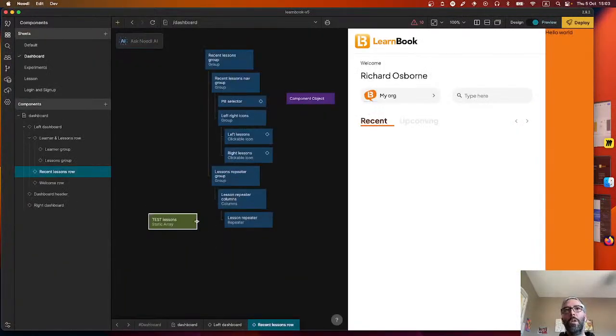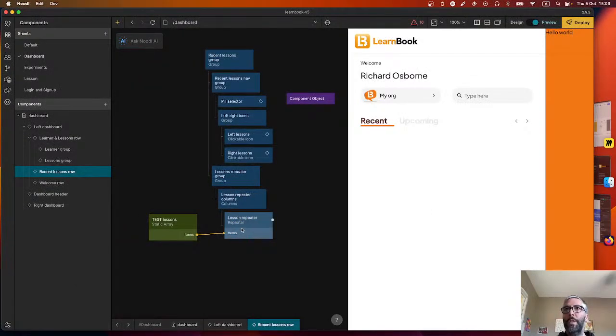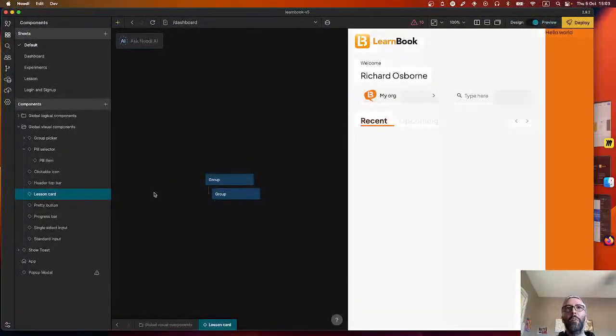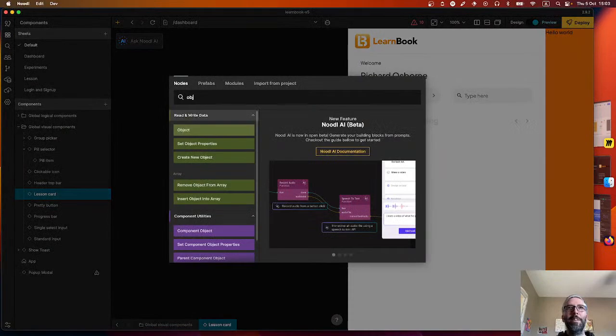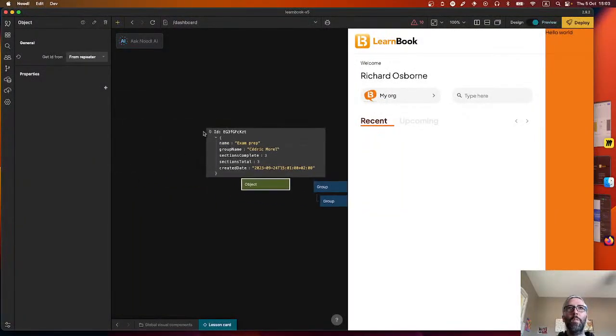A lot of work, but then when we feed it into our repeater, nothing happens, like magic. And why? Because now we have four flat objects. So we need an object to take the data from the repeater and feed it in with, let's get this up, and this is a trick, pin it up, and then you can just keep typing in the field names. Group name,